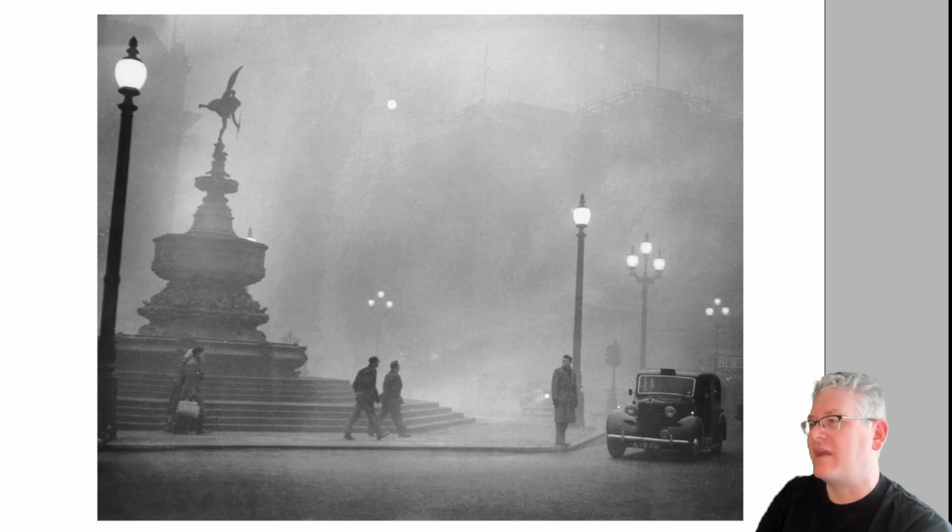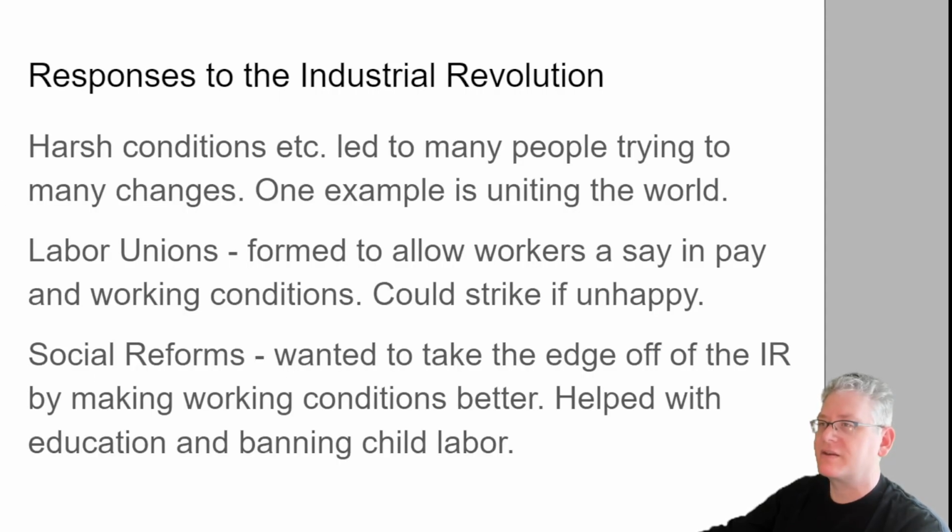This is during the middle of the day. You can actually see the sun up there in the middle, but you can see how dark it is, that even the street lights are on. So while this is not from the 1890s or 1900s, this is something we would probably see very similar, the industrial factories and stuff like that mixing with the rain that comes in London. It creates this really terrible fog. Not good for your lungs.